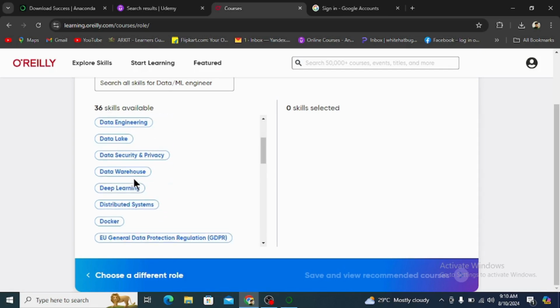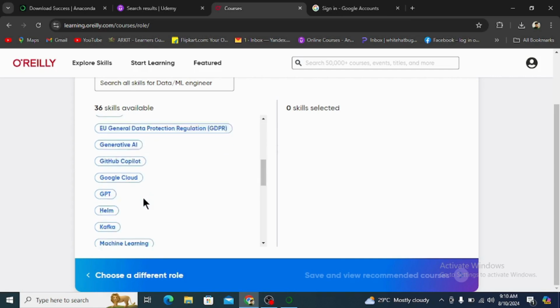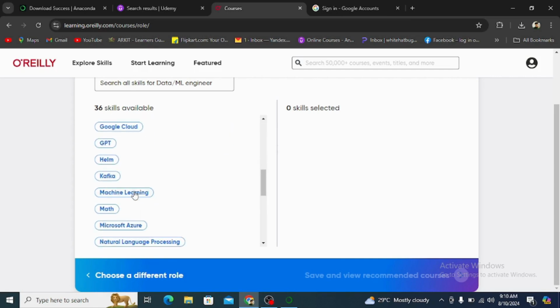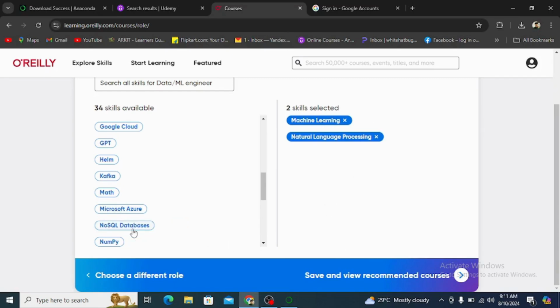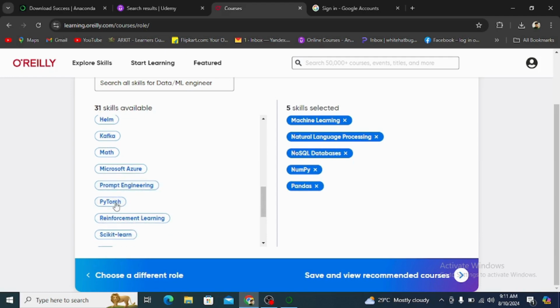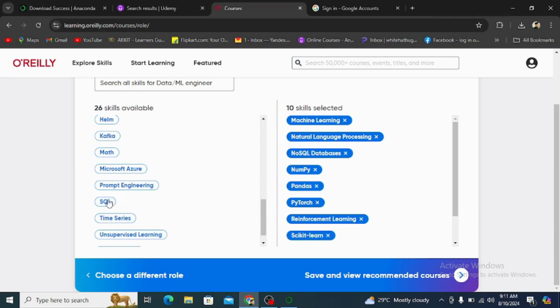Here you can choose all the skills required for machine learning. Suppose I choose machine learning, natural language processing, NumPy, Pandas, NoSQL databases, PyTorch, reinforcement learning, statistics, TensorFlow, SQL, unsupervised learning, time series, web scraping, prompt engineering,